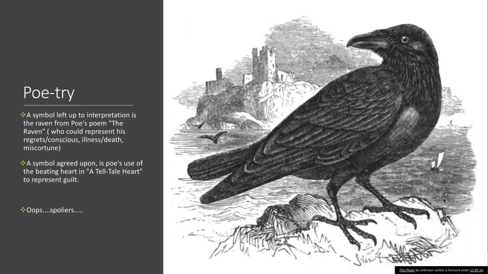Anyway, just to jog your memory, throughout the poem the narrator is battling against this dark force represented by the raven. Many people can read this differently. It could represent his regrets. It could represent his conscience for sins or things he's done in the past he's not proud of. It could represent some illness or death that's haunting him, or it could even just represent pain, bad luck, and misfortune. No one really knows, and it doesn't really matter how you read it. You still get the main general idea with a smaller motif changing.